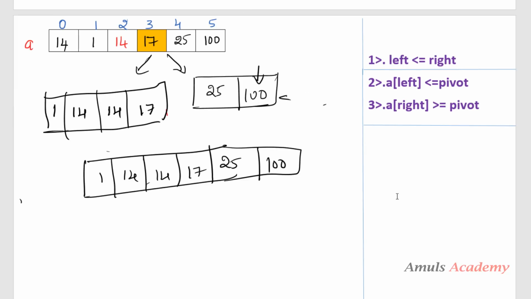Okay, so this is about the quicksort algorithm, how to arrange the numbers in ascending order by taking the last value as the pivot value. Now I'll stop this video, and in the next tutorial we will see how to sort the numbers in descending order, as well as how to take the first element, a random element and the median of 3 values as the pivot value, and how to arrange the numbers.